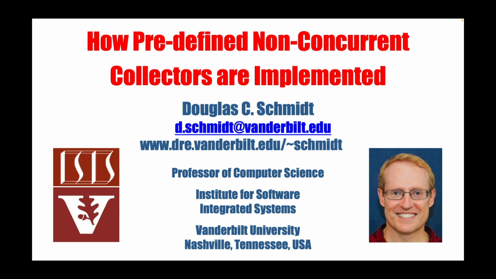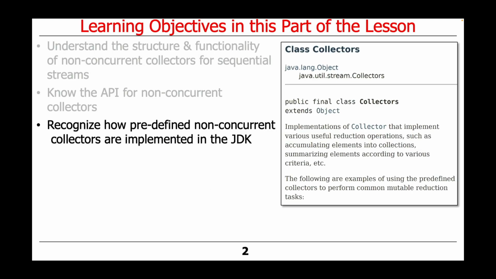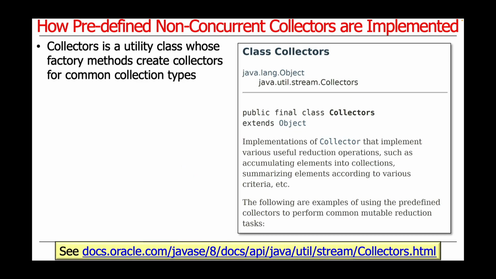We're now going to talk about how predefined non-concurrent collectors are implemented. And we'll see that there's a bunch that come out of the box. There's also ways that you can define your own. And the way that they come out of the box actually provides you some mechanisms that are used to define things yourself. So as you recall, Collectors is a Java utility class that has a bunch of factory methods that